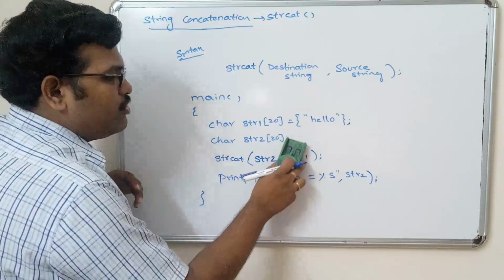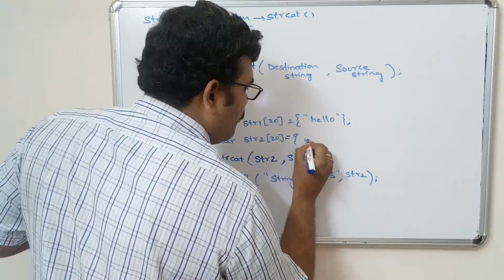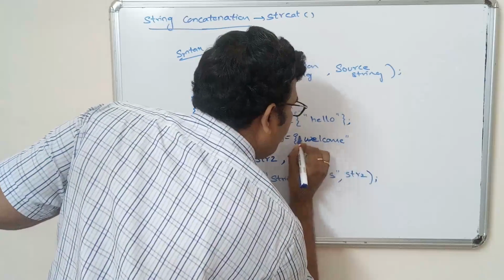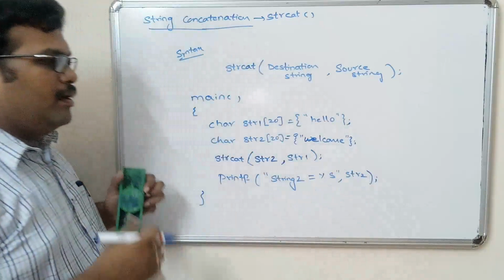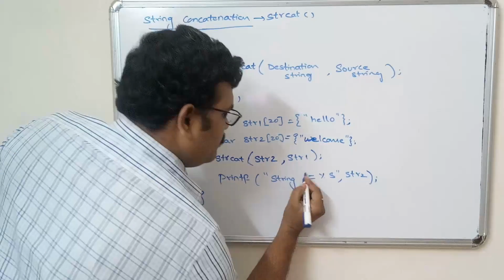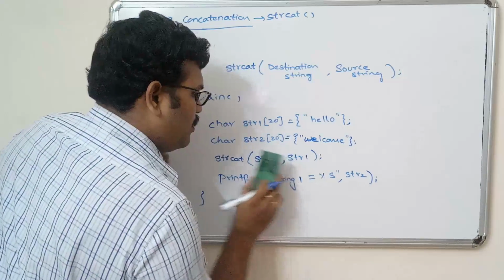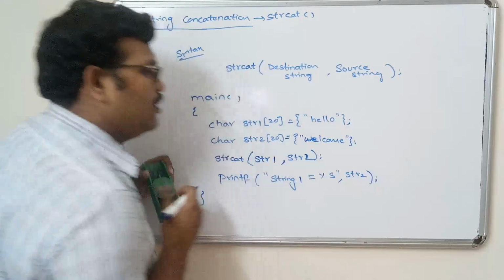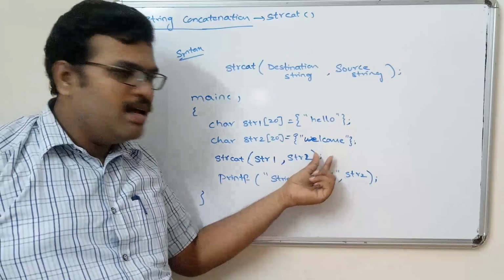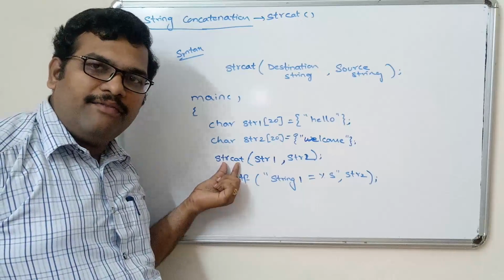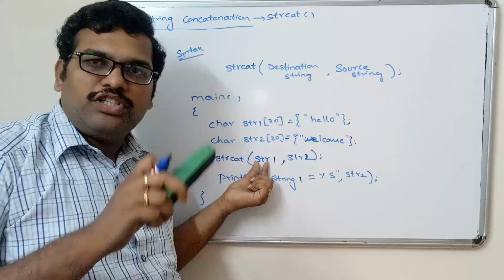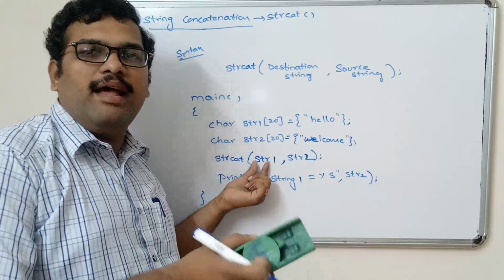So here let us initialize two strings. See, I have written here string 1, string 2. The first string was initialized to hello and the second string was initialized to welcome, and now I have implemented the string concatenation function. The source string is string 1, so that the content of string 2 should be appended at the end of